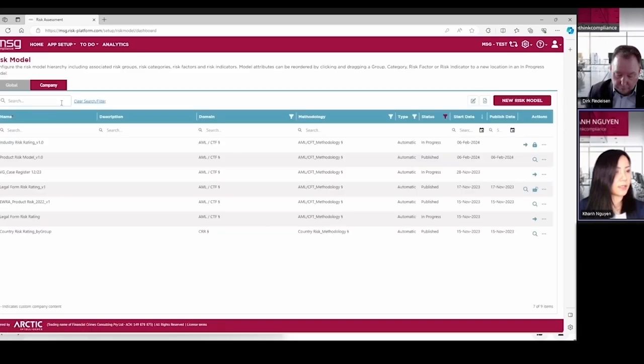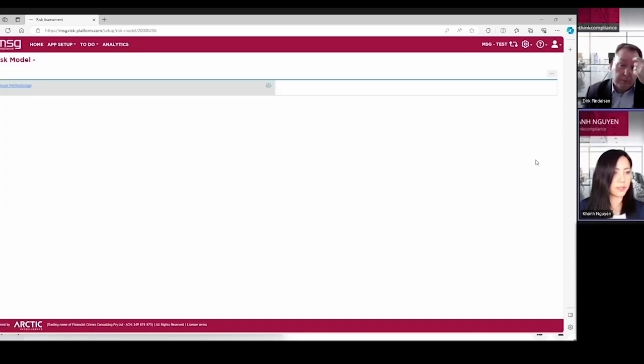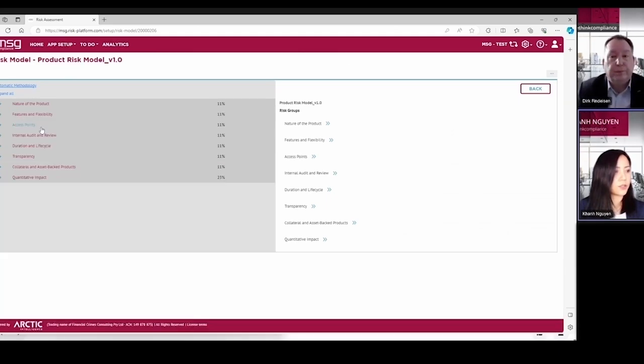Our example for today is a product risk model, which is designed specifically to look into different aspects of a product in order to assess the AML risk of a certain product.